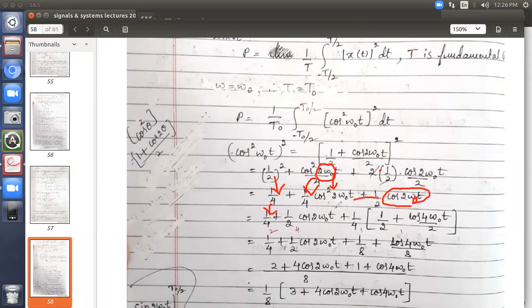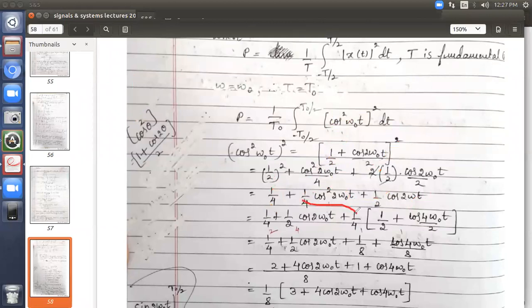Next, this term I have taken here. Again, you have a cos square term. One time the cos square formula we have used here, and then I have used the a plus b whole square identity. Now, one more cos square term we got. So again I will go for the cos square theta formula, 1 plus cos 2 theta by 2. So I have done that.